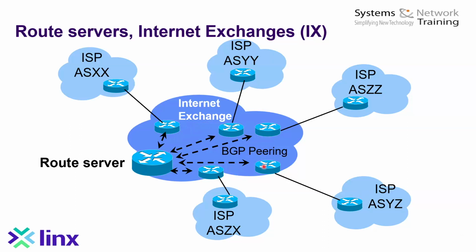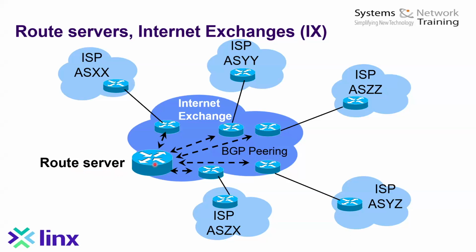Now, not everyone is going to want to peer with each other, but the numbers are very high. So what has happened is the internet exchange providers have provided a solution that helps us to scale, not the physical interconnections, because again, that's not the issue. If I have 50 providers, then I have 50 cables. That's not an issue, but it's the number of BGP peering sessions which becomes the issue. And I need those peering sessions in order to share routes amongst the service providers. So that's where this device comes into play, a route server.